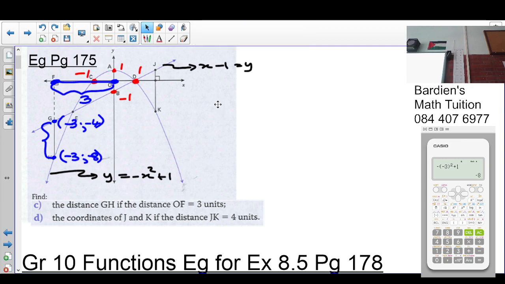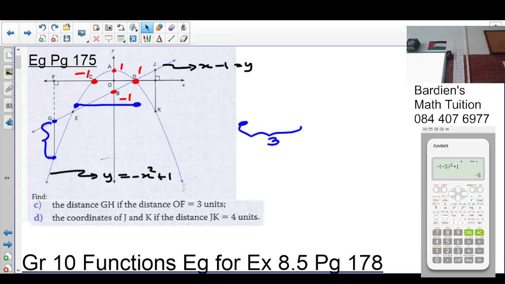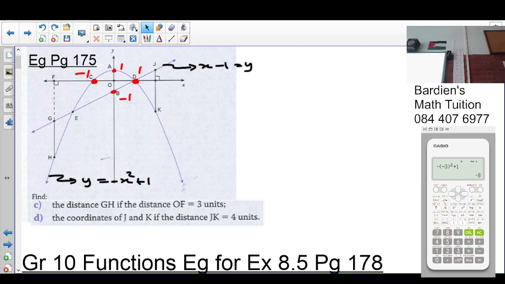If you want to calculate the distance, we want to calculate the distance of GH. Just take all of this away. The question says calculate the length of GH. So again we ask ourselves, for the distance GH,